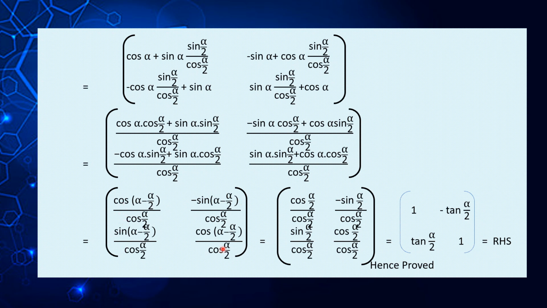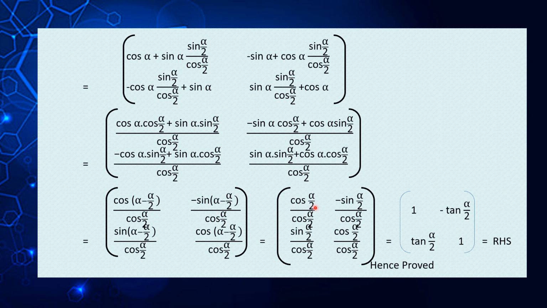So we would be substituting the values as per the trigonometrical equations, which we have studied in the 11th standard trigonometry. So alpha minus alpha by 2 would be alpha by 2. Similarly here, we would be substituting the value of alpha minus alpha by 2 with alpha by 2,